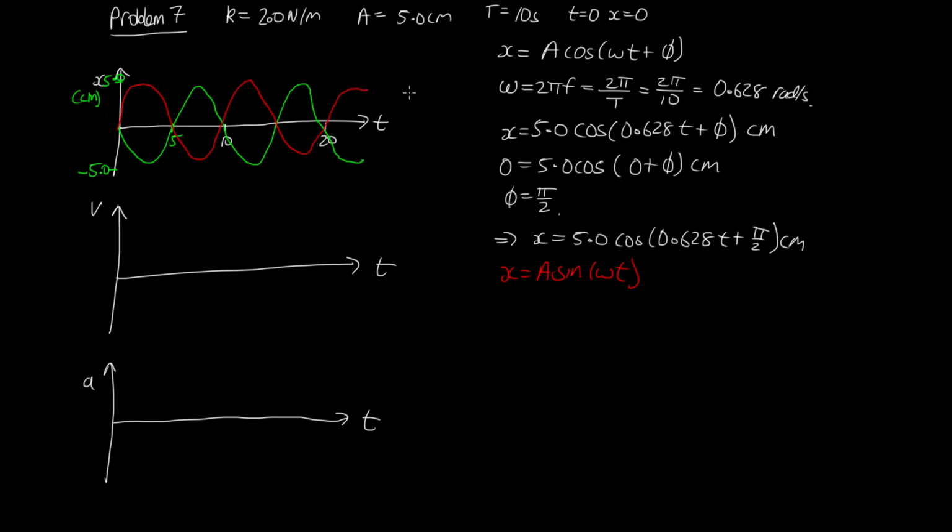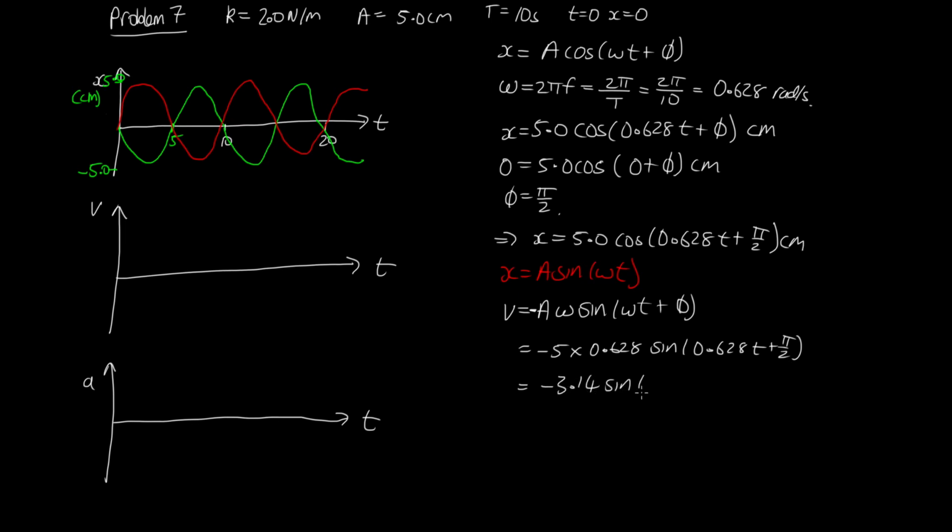So this is another equally correct option. Okay, so next we're going to want to work out the velocity. So we've seen that the velocity for simple harmonic motion is given by negative a omega sine omega t plus phi. So we've got a negative there. And so in this case, this will be equal to -5 times 0.628 sine of 0.628 t plus pi on 2,